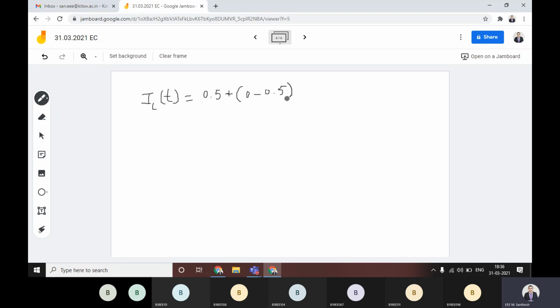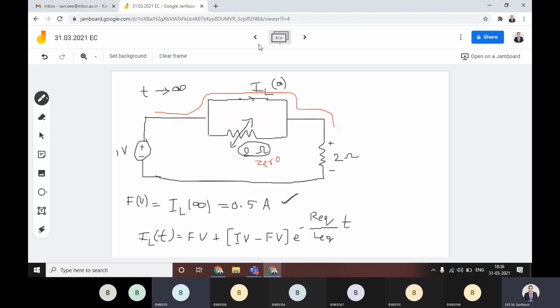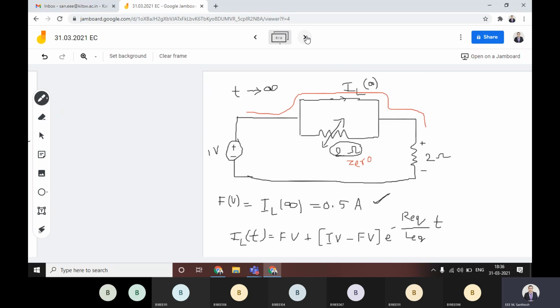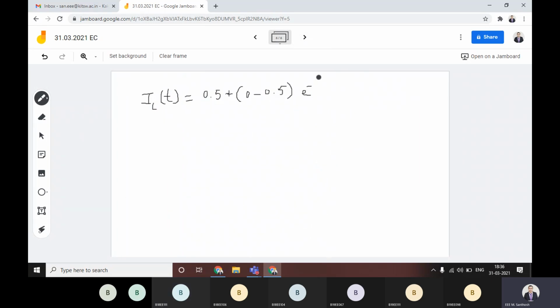This is 0.5 into e power minus R equivalent. How much is R equivalent value? We calculated that, it is 1 ohm. L equivalent is 1 Henry. 1 by 1 is 1 only, so directly you will get e power minus t. Here 0.5,